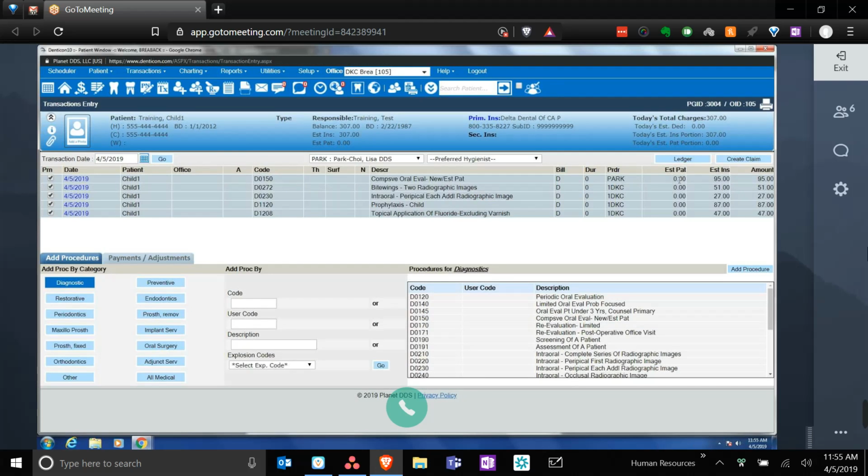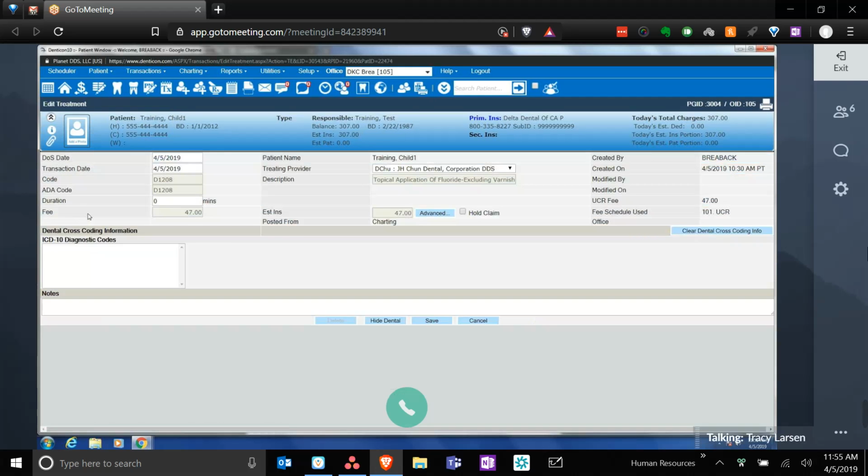Make sense? Yes. Okay, do you ever have a situation where the doctor gives something away for free? You have to charge zero for a fee or not send it to insurance for some reason? Yes. Okay, so under that same area that we were, click on the fluoride and click the hyperlink for the date on the fluoride. Let's say that we didn't want this to go to insurance for whatever reason. When you click that advanced button,